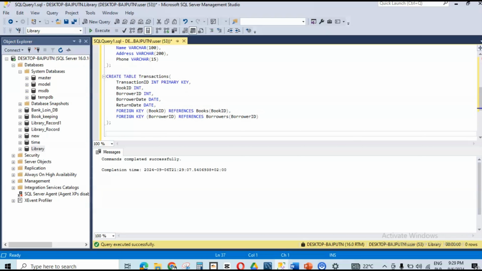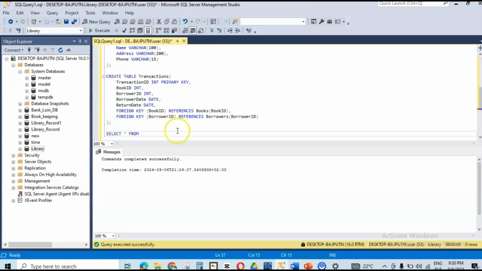So we now use the command select all. Whenever you see this symbol in SQL, it means all. Select all from